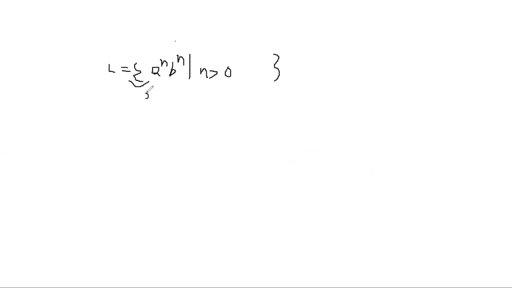If n is 1, then we get AB. Okay? As in the previous one, WWR, if W contains A, WR should also contain A. But here, it is reversed. If the first symbol is A, then the opposite symbol should be B. Suppose n equal to 2. N equal to 2 means A square, which means 2 A's, then 2 B's.